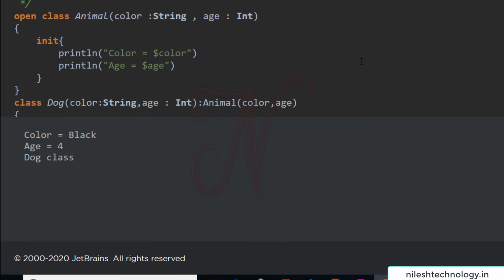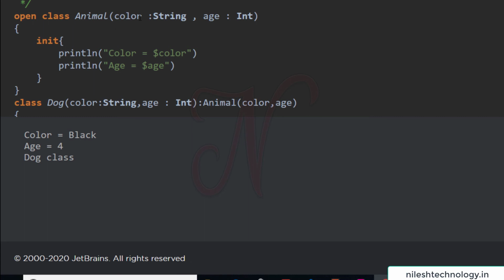Next we will see method overriding. If a function or property with the same name exists in the child class, then we need to override it in the child class using the override keyword. By overriding a function, a child class gives its own implementation to the already existing code of a base class. Overriding doesn't mean that it will update the code in the base class. The change is only applicable to the class overriding the function or its subclasses. So let's see one example.